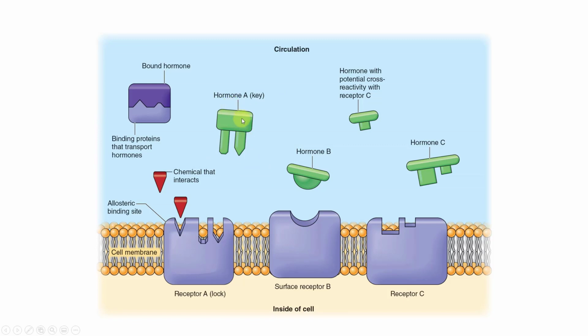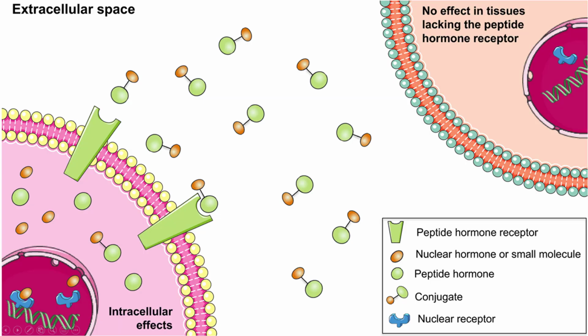So you have very specific hormones that interact with very specific receptors. In some cases, this is on the outside of the cellular membrane, and in some cases, this is inside the cellular membrane, just outside the nucleus, depending upon if it's a fat-based or protein-based hormone, which we'll talk about in another slide. But this kind of shows the extracellular space. In the white here, you see this is outside the cell, and you have the hormone that's released. Only hormones that have the particular receptor shape will have this message transmitted down and have its effect. And in cells that don't have those particular receptors, it's business as usual.